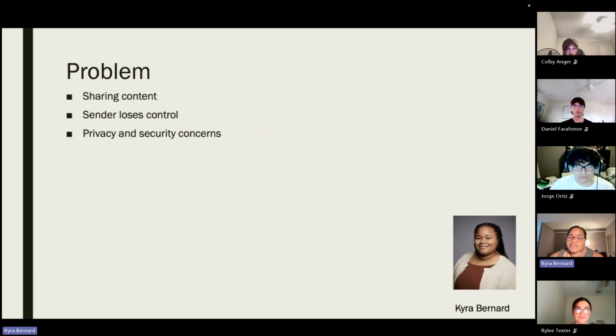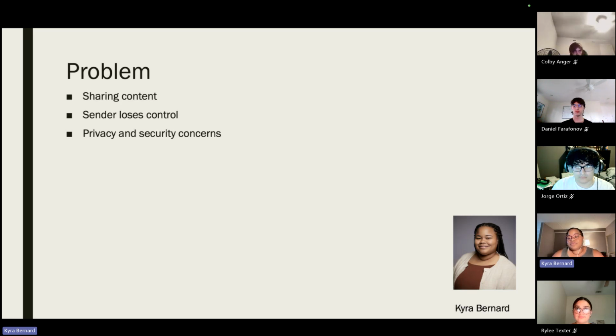So our problem: millions of sensitive documents, images, and messages are shared every day. Currently, there are several applications that provide encryption during transmission, like WhatsApp, but those applications can only do so much. They provide encryption only during transmission. Without protection, senders lose control over their content after it is sent.